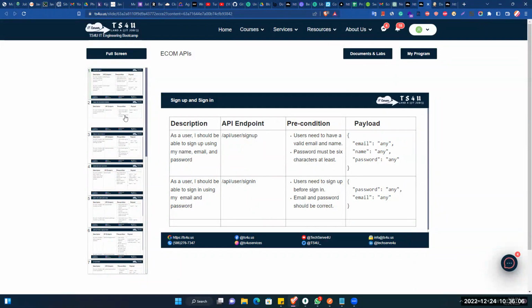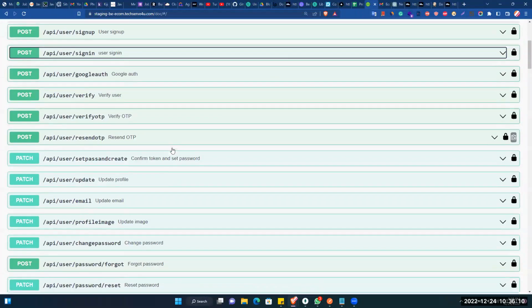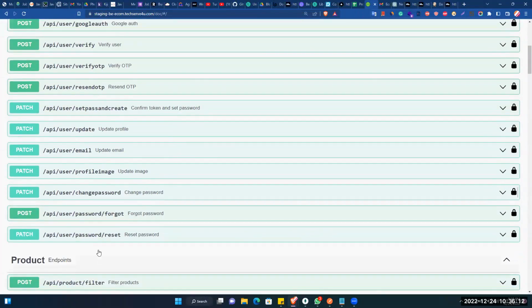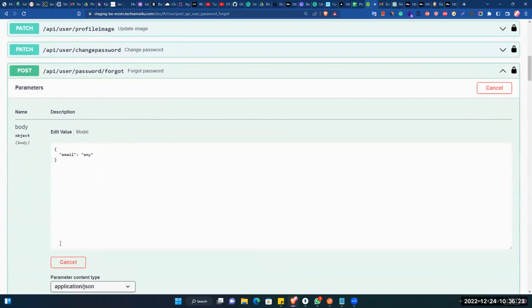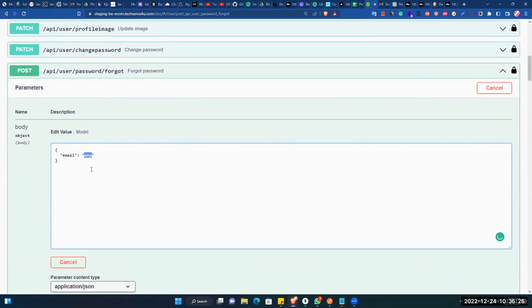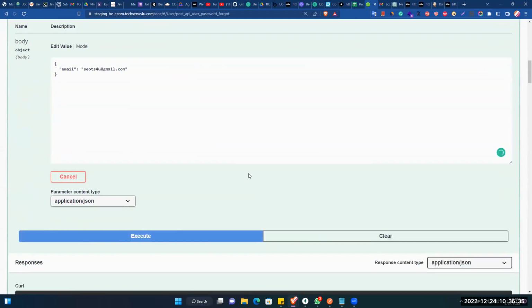Okay, so now the credential is not working, it's showing that. So this thing we can also fix. There is another API we have, called forgot password. If we use the forgot password, we can change the password. So let's do this. In the try it out, we can simply give the email. Here we need to pass the email. So the email is SEOTS for you @gmail.com. Okay, then if I execute this,